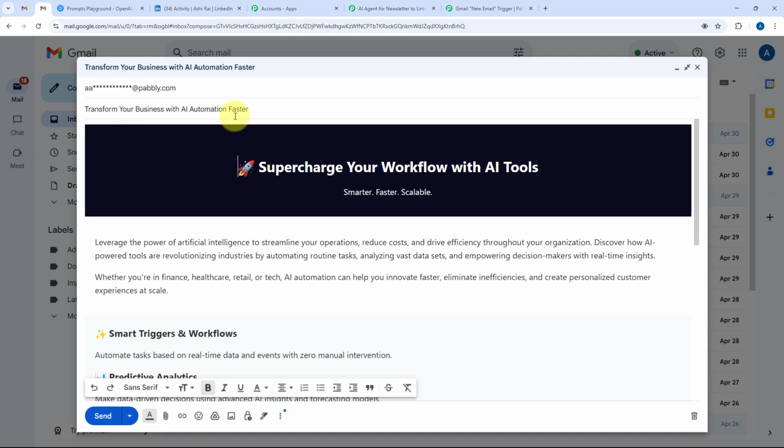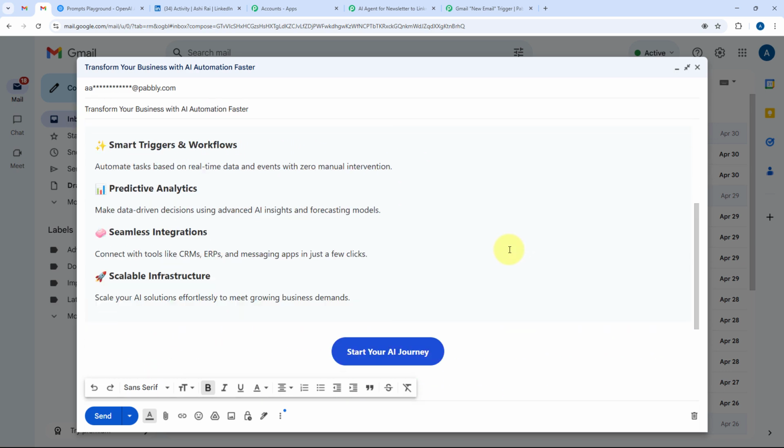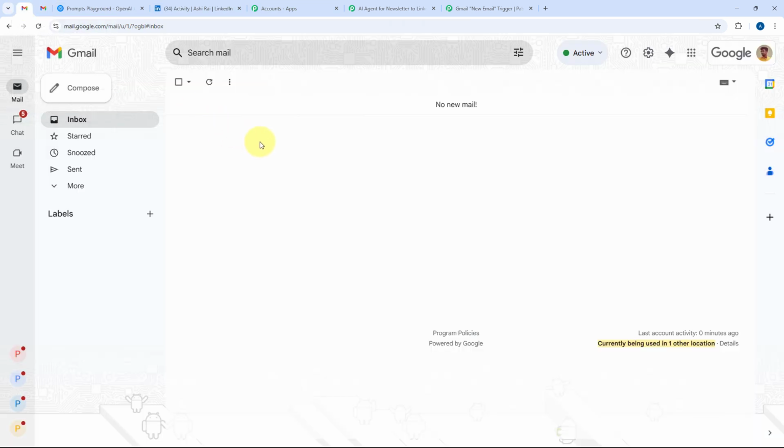Okay, so as you can see here, I have entered my email address, the subject line, and also I have added the email content over here. I have added this email content in HTML format, so it looks like an email newsletter. Now, after this, we have to send this email from some other account to the actual account on which we are setting up this automation, this AI agent,